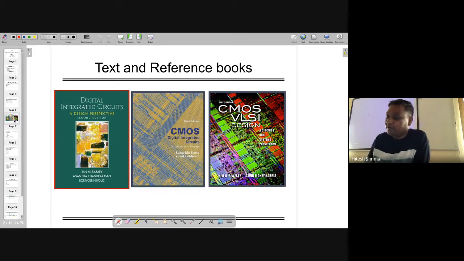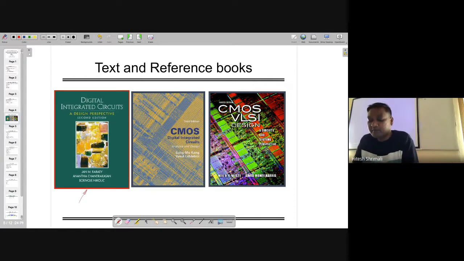So look, if you want to refer to any of the books, like all 3 books or maybe some of the books, you can refer to them as per your comfort zone in a particular book. So all the books have the same topics of explanation. However, I like this book, as you know, but some of the topics are explicitly given in other books also. So Kang and maybe Weston Harris is also a very famous book. So these books are the ones which we have used for the digital MOS LSI circuits, right? So those were already there.